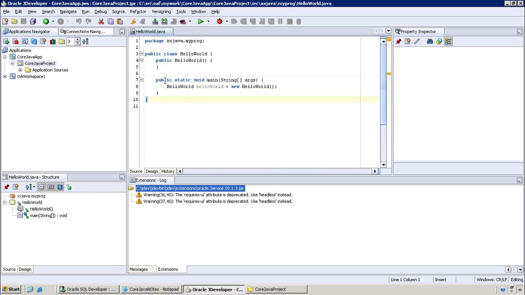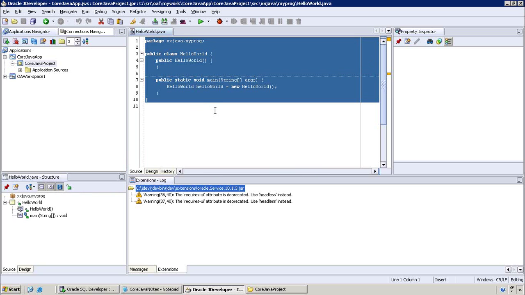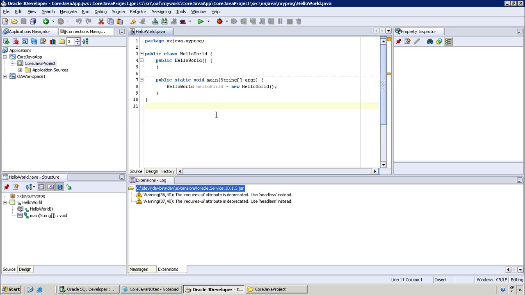So this will generate some code by default. Can you see? By default it generates some code for us. And if you see the location, it shows that in the project there's a folder it created called SRC, nothing but source. In that, based on our package structure, it created a new file